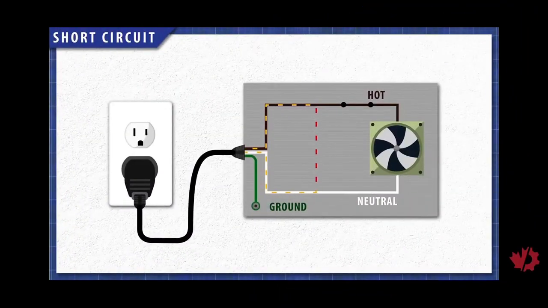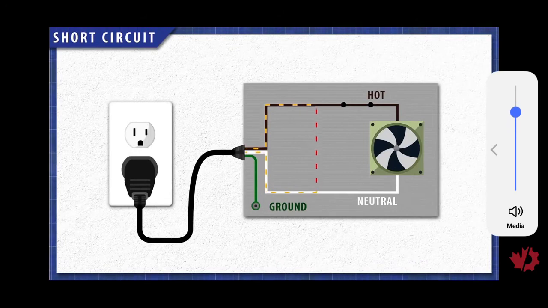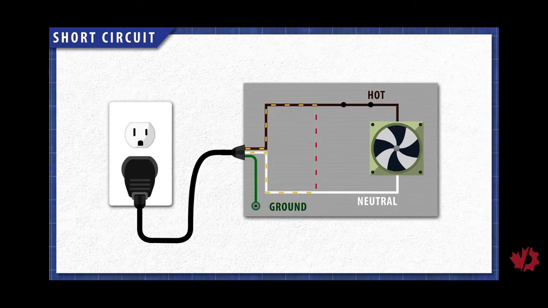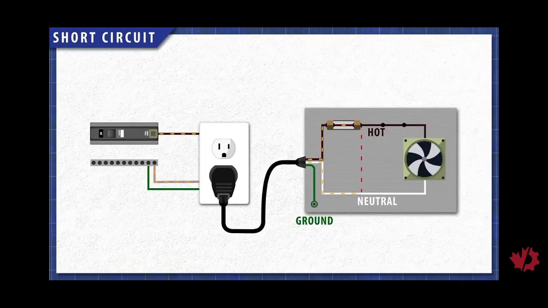Short circuits are created when the hot and neutral wires touch and the circuit is completed before the load. In this case, the current no longer flows through the entire circuit, and with no resistance, the current rises. Without any protection, this increased current will cause the wires to heat up, burn out, and will start an electrical fire. In a protected circuit, the extra current will trip the circuit breaker or will blow the fuse.